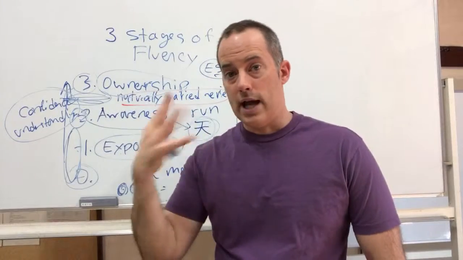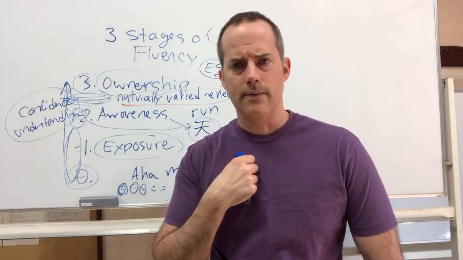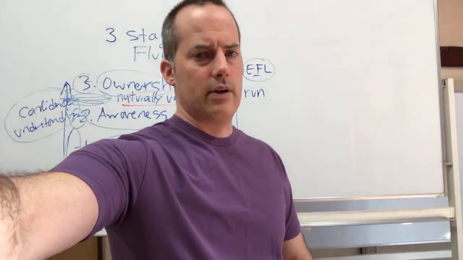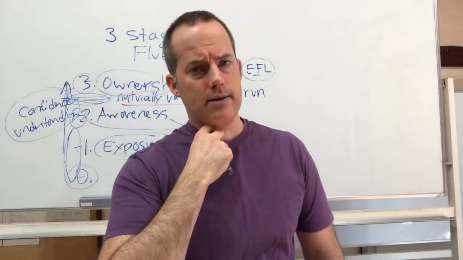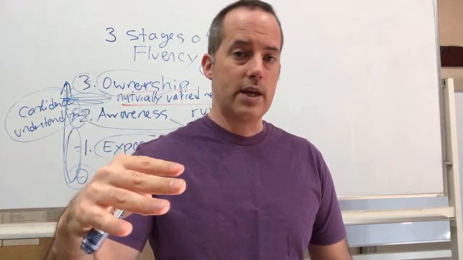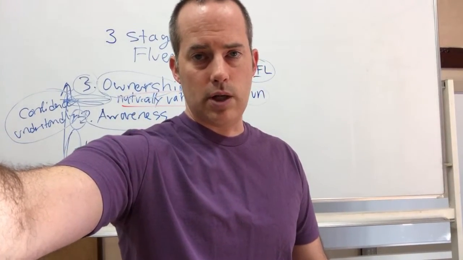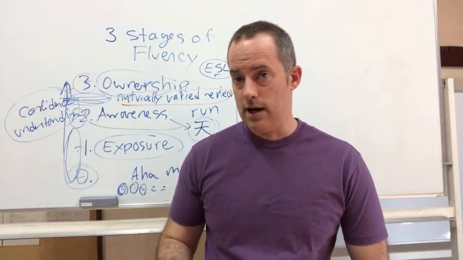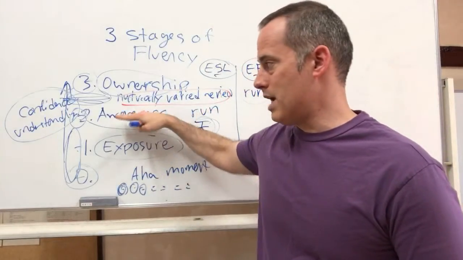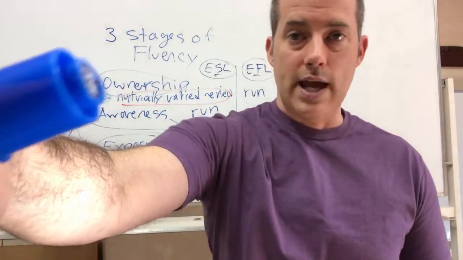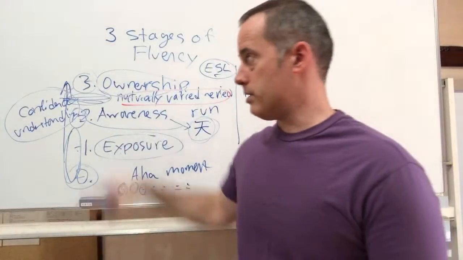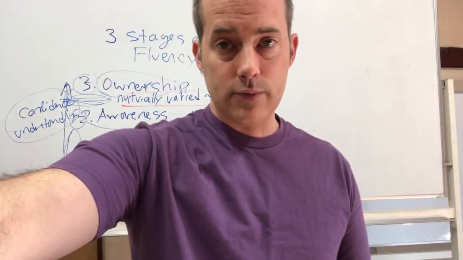So if I'm really hot, I could say, man, it's crazy hot over here. It's crazy hot. Or I could say, oh, it's hotter than hell. Or I could say, oh, it's just like extremely hot. So there are different ways I can say that. And if you're only trying to learn one way of saying something, then you will not understand when natives are communicating in real conversations. So it's a completely different way. The ESL way will help you learn some things, but it will get you stuck at the awareness level. You really need to have the English as a first language approach. That's where you're really starting to understand, and that's where you get to the ownership level.